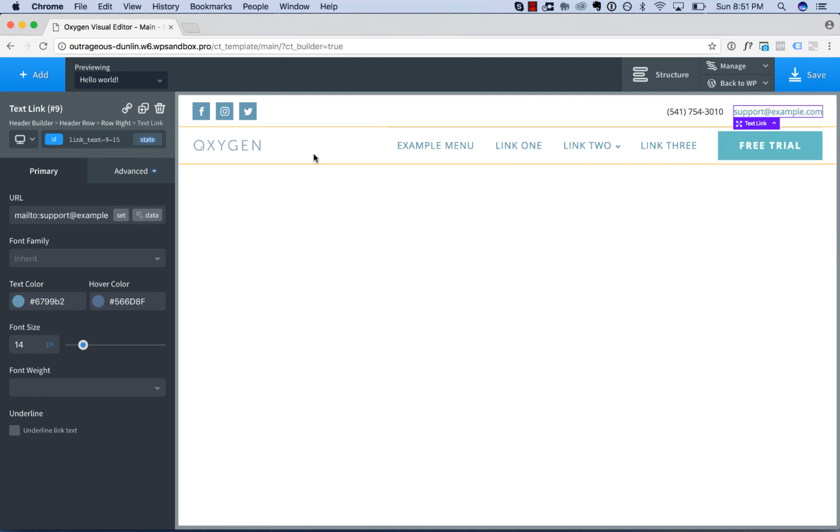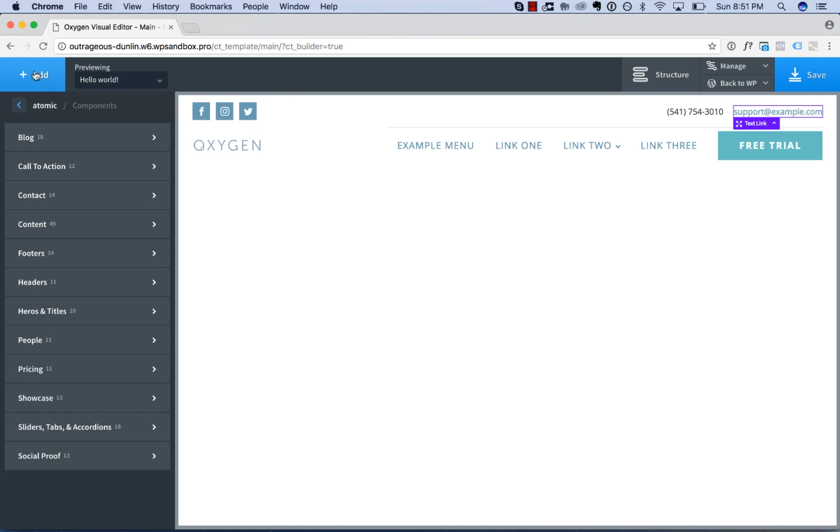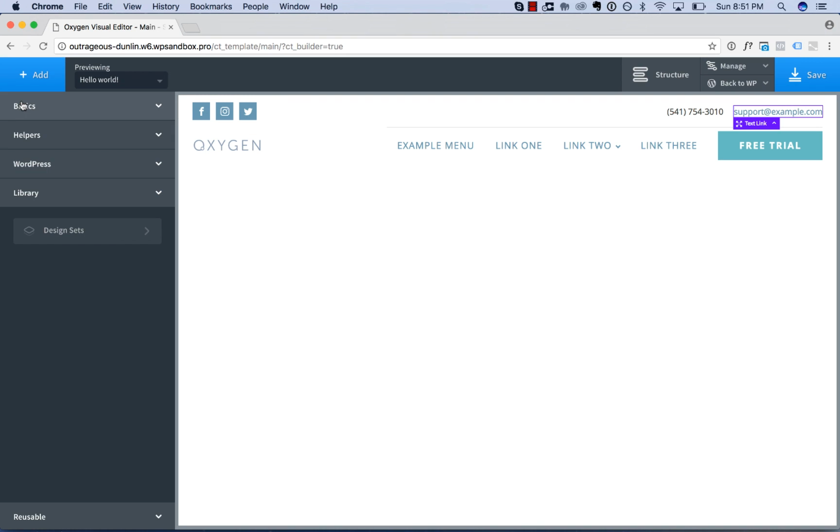Okay, now that we have added a header, let's go ahead and add an inner content area. Inner content is going to be the area of this template that is editable on all pages. So we'll be able to have different content between our header and our footer depending on the page the user is viewing. So let's go ahead and click Add, go back to Basics,